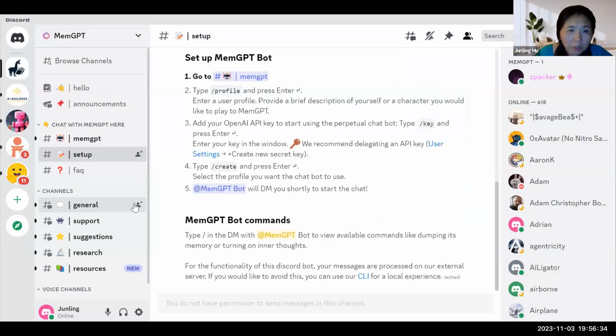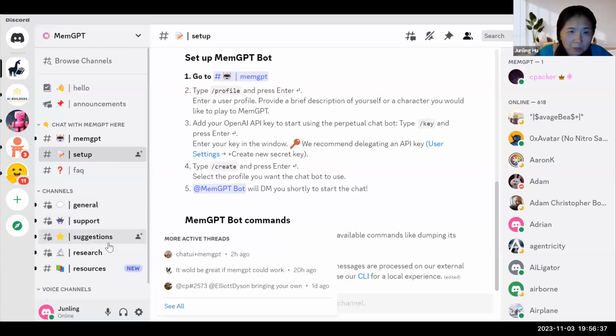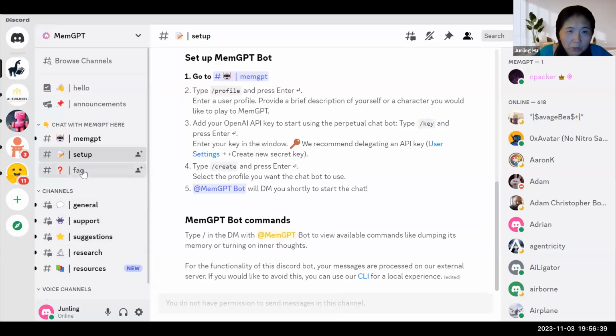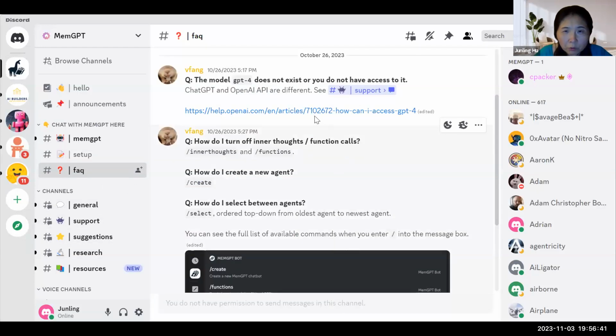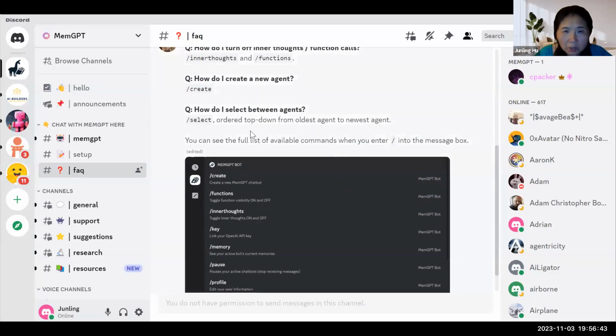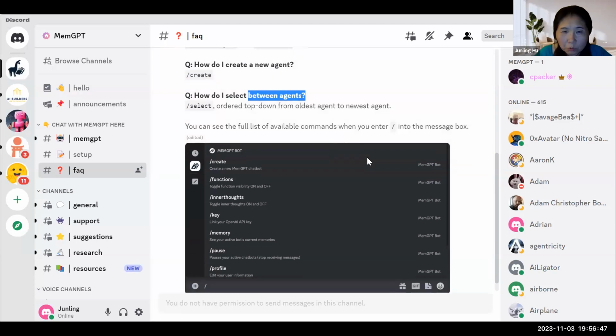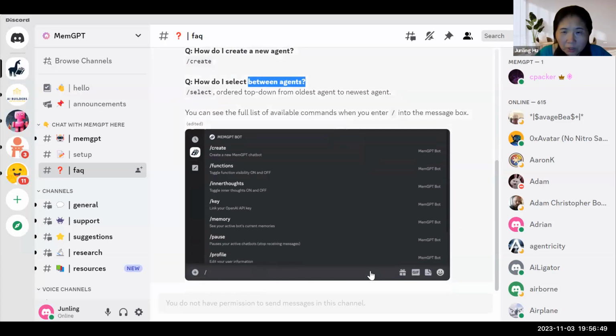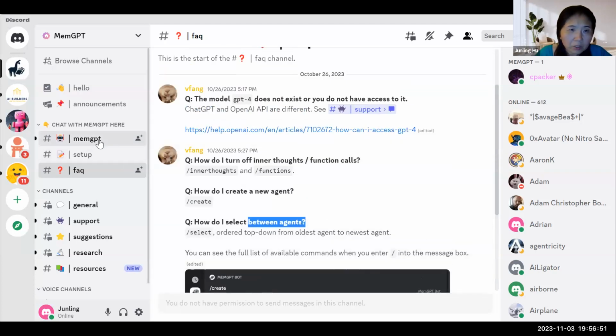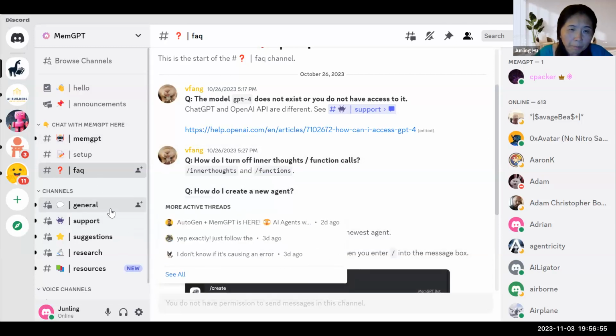I think so. I select a default persona. In the FAQ, you can see how do I select between agents. There are different kinds that you can select. That's why they said they have five personas you can choose from.